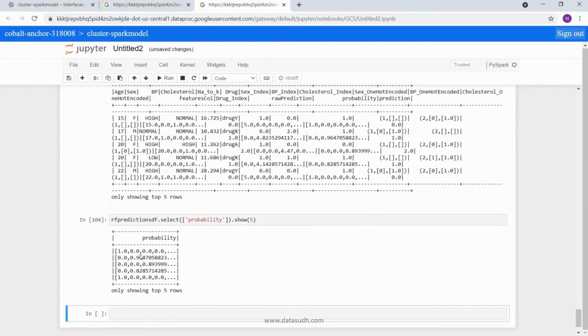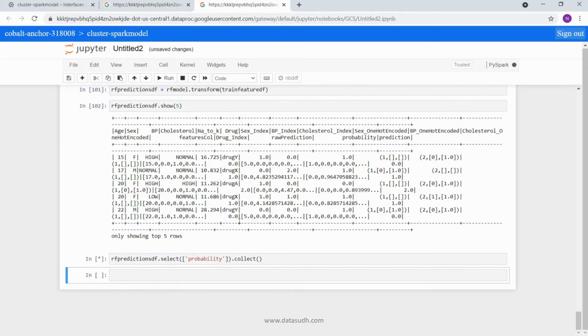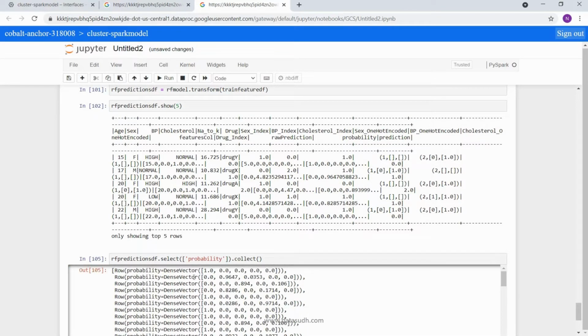If I talk about probability, probability is a vector column. Now we are not able to see this correctly here, so let's do collect. If you see, probability is a vector, and you can see that it has 5 values: 1, 2, 3, 4, 5. This is telling you the probability of each category value of drug index.